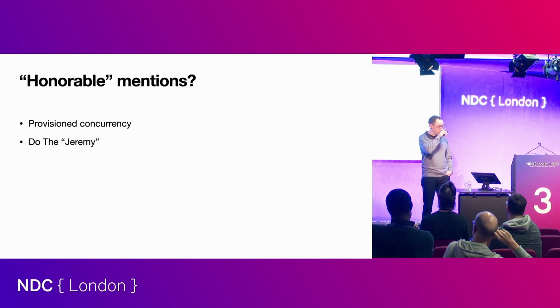Or you can do the Jeremy. Jeremy is a consultant of mine, and he literally has a function, or a Lambda, that runs every 10 minutes that sends a request to the other Lambdas to just keep them warm. And he said, those executions cost nothing, so I'll just have this thing keep them provisioned, so that way I just mitigate cold starts, and it's a lot cheaper than provisioned concurrency.